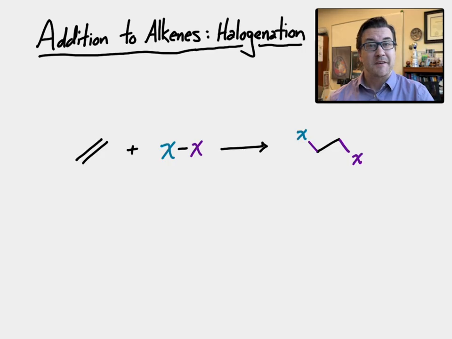Hi, in this video, we're going to talk about the addition of halogens to alkenes. This is a process called halogenation. So if you have an alkene and you have a halogen-halogen bond, this could be chlorine or bromine, you will find the product ends up having two halogens attached to this molecule in an interesting orientation, and let's look at